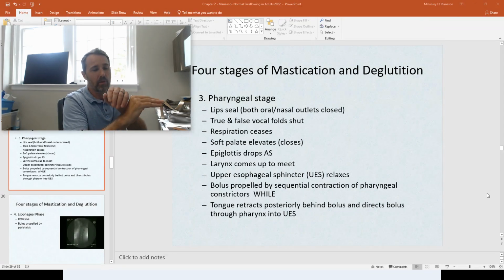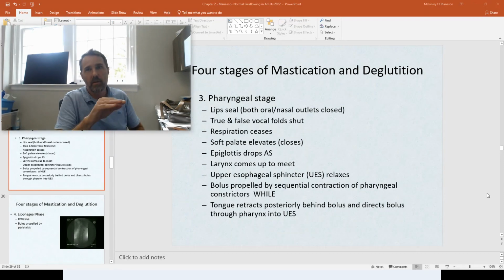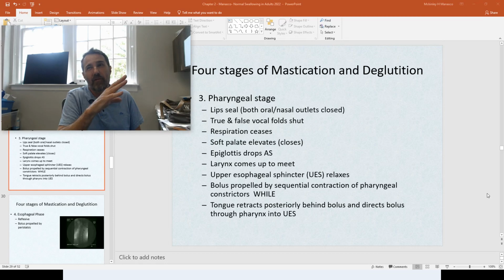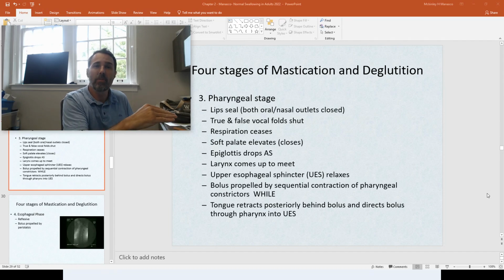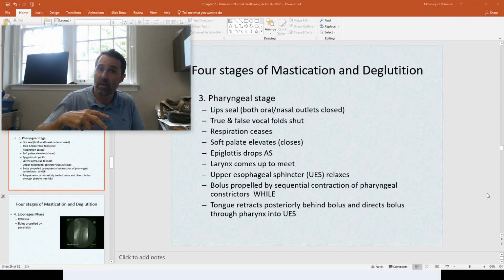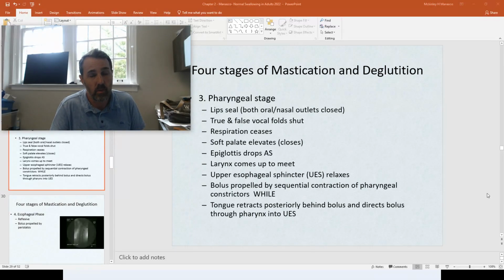And it's going to push the bolus down. It's going to help facilitate the bolus by pushing the bolus down through the pharynx towards the esophagus. So if one side of the tongue is weak, then you might have poor lingual retraction, which could cause difficulty moving bolus through the pharynx during the pharyngeal stage of the swallow,